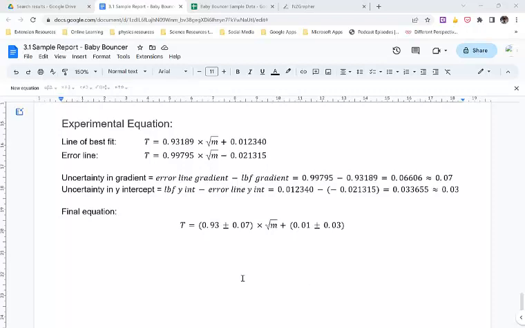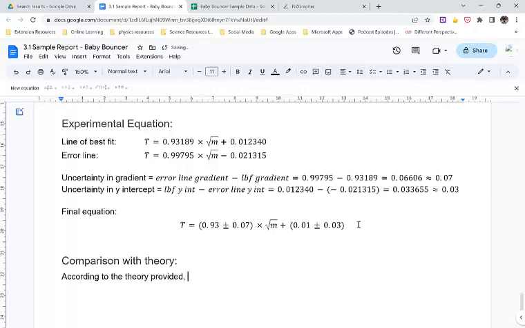Okay, so one last step before we move on to our discussion. The last step now is to compare with theory. So, comparison with theory. I'll make that a heading 3, I think. So according to the